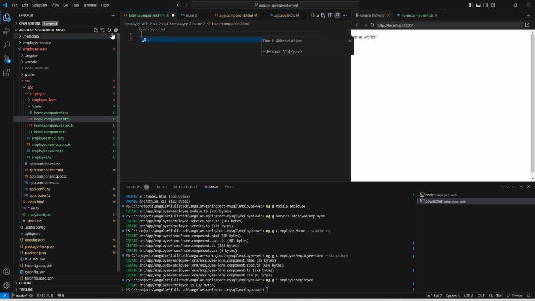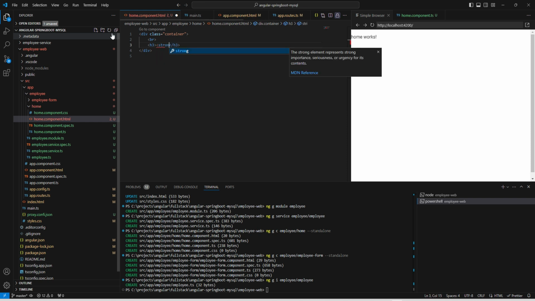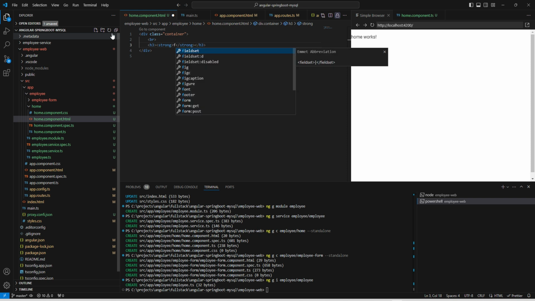Now we can create one root level div, inside which we can add one line break. Next we can add one h3 header, and we can make it strong, and the header is a full stack